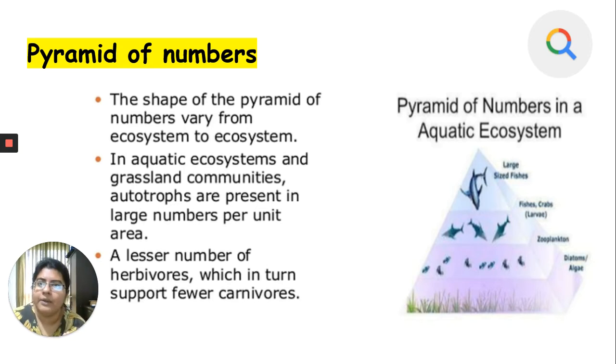Now try to understand that when producers are in large number, that is, plants are in large quantity, that will be sufficient to satisfy a large population of herbivores. But if the population of herbivores is say 100 herbivorous animals, 2000 carnivores cannot sufficiently get food in that place. So the number of carnivores will be restricted to the amount that can be satisfied by that number of herbivores. So the number of carnivores will be lesser than the number of herbivores, so that the energy demands are met.